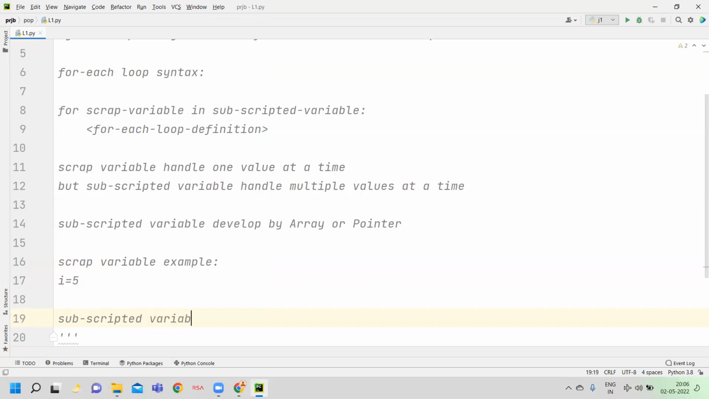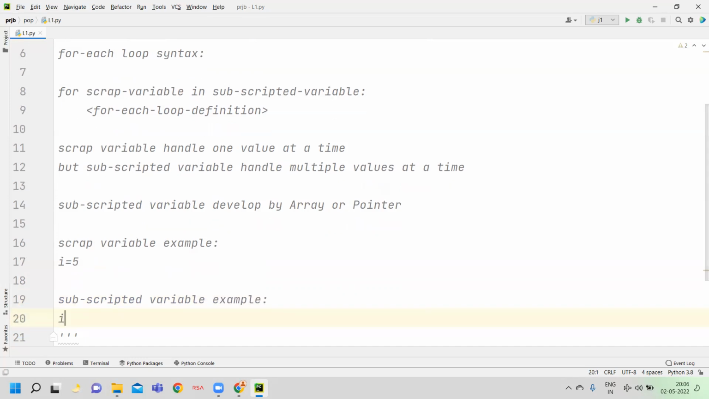Subscripted variable, for example. Here we develop a subscripted variable according to Python using the list data type. The list data type is also a developed subscripted variable. The tuple data type is also a subscripted variable. Even set and dictionary also develop subscripted variables. Not only in array and pointer, even